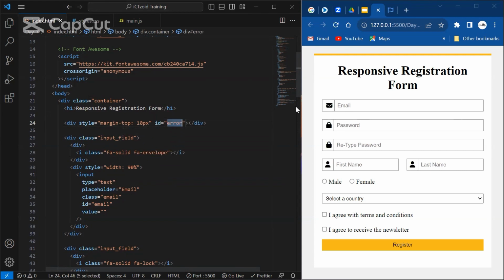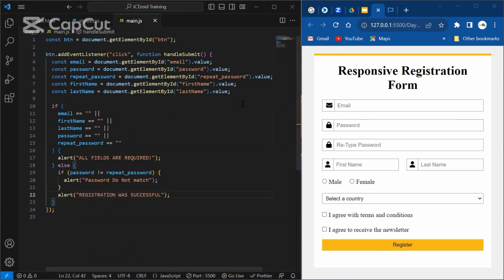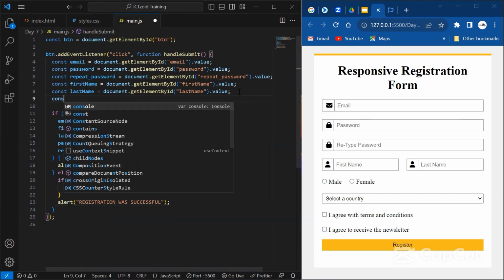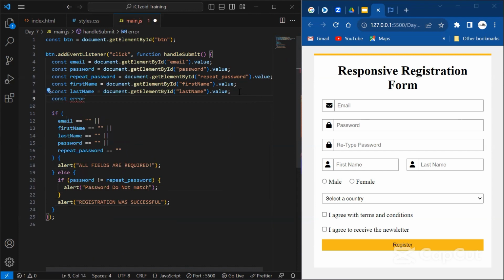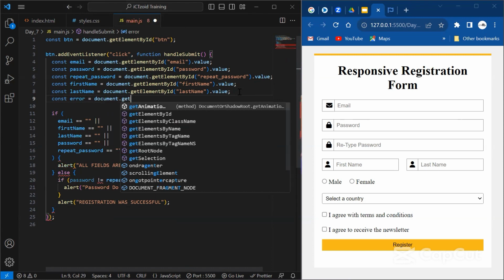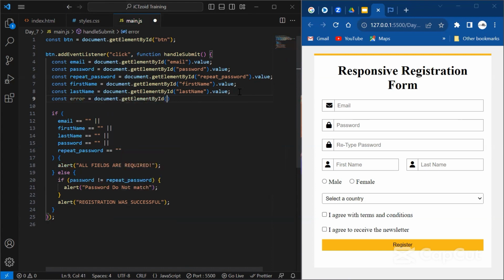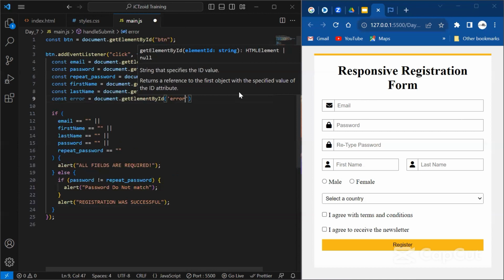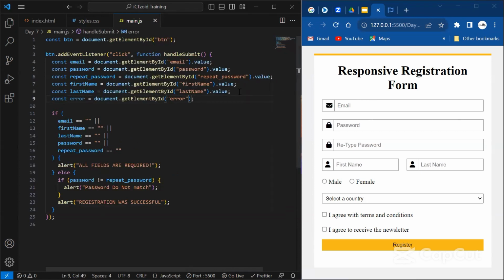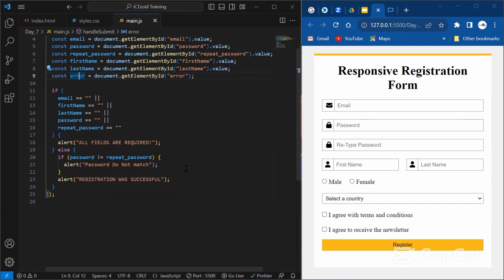So now let me catch this div in my JavaScript. I can now call this const error is equal to document.getElementById. The ID name is error, and that's just the div I want, right? So this div now. So if this thing, instead of alerting, I can say, okay,